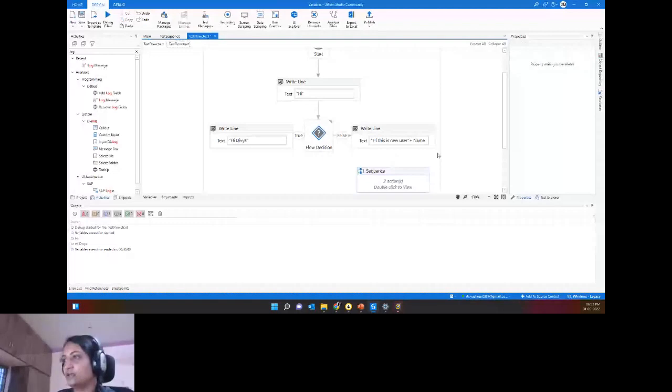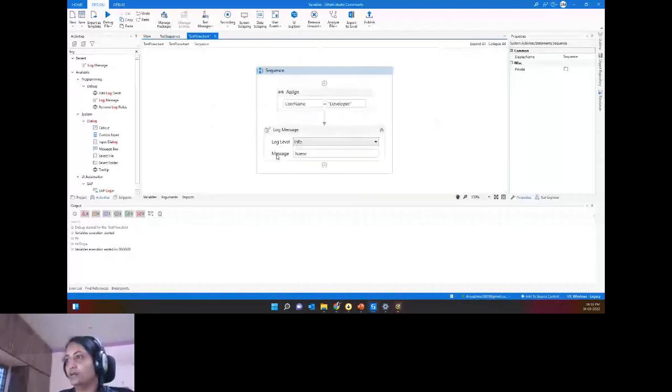So here I'll just put it here and I'll assign name as developer and I want to print a name. And here by default I have not assigned anything and I'm just changing the name here as a developer, and by default I have given as a Divya. So if I just run this workflow,